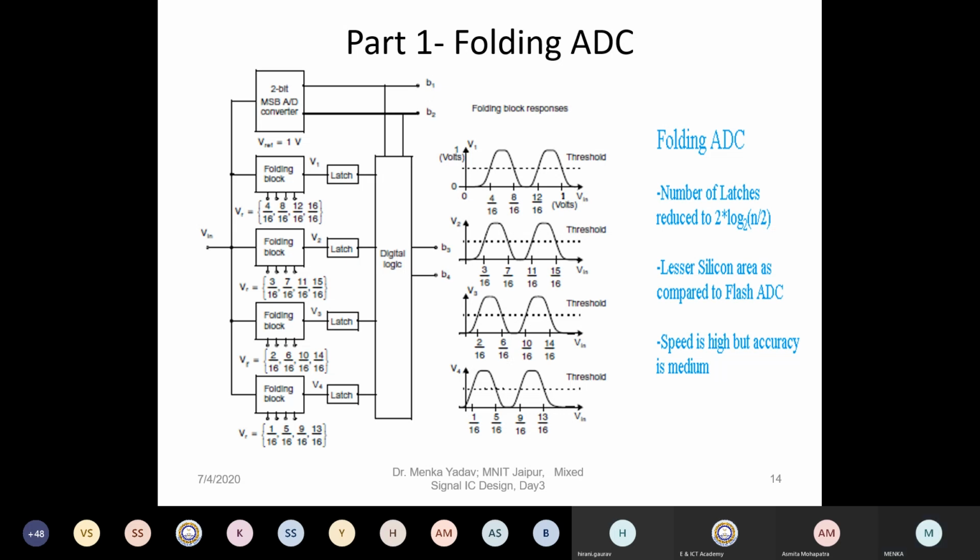Okay, so generally interpolating and folding types are used together so that we can get higher speed with less silicon area, less capacitive loading, and less power dissipation, and it will be a little bit of a substitute for flash ADC, which is parallel and very fast. Okay, so next slide, sir.